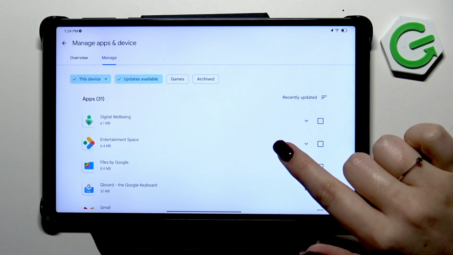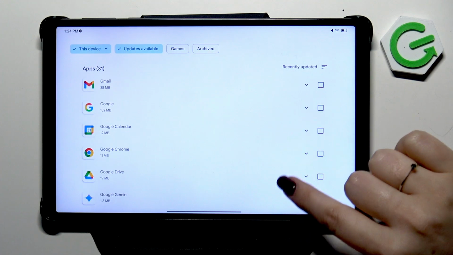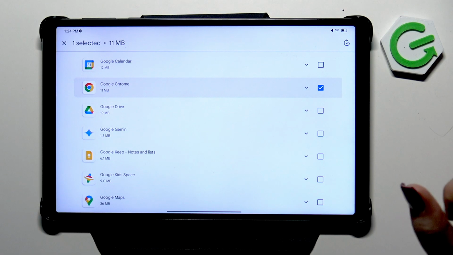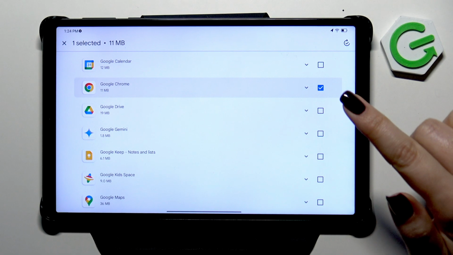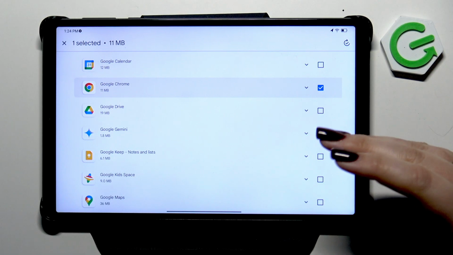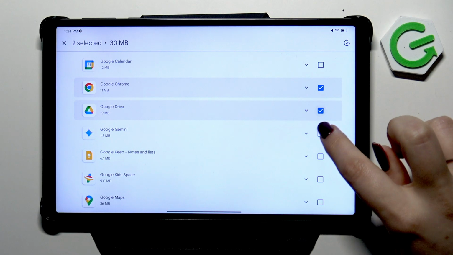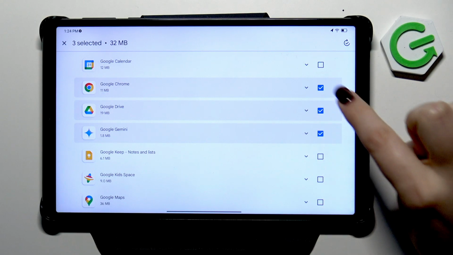Those updates are pending. So all you have to do is to find the app which you'd like to update. So let's pretend I want the Google Chrome. Of course, if you want to, you can mark all of those apps, or you can mark only 1, 2, 3. It's totally up to you. So I'll pick also Google Drive and maybe Gemini. So just mark the